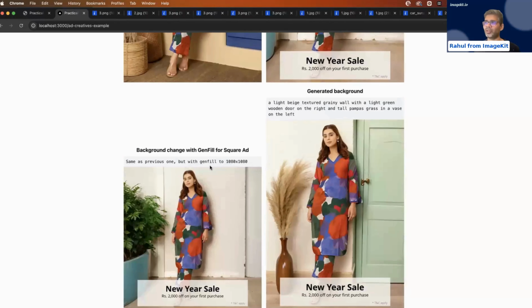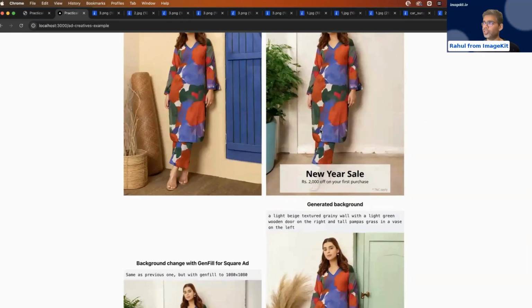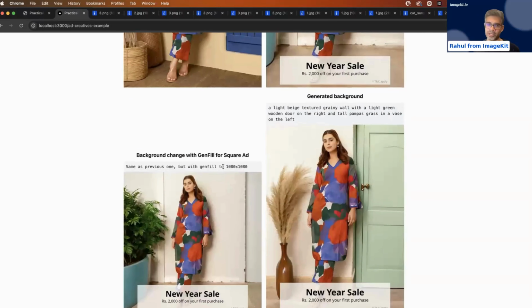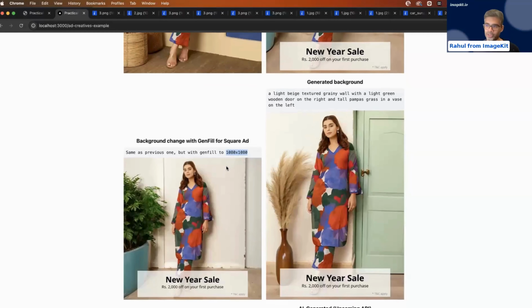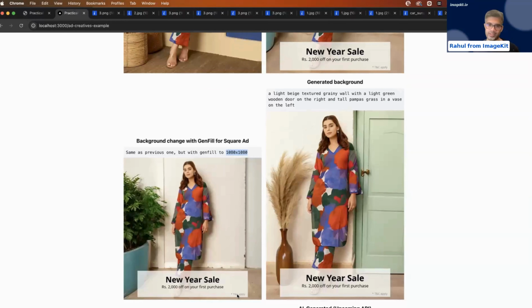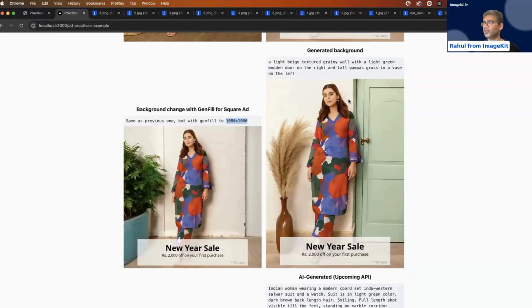I have tried some other variations as well. So the same previous background, but then I have used it with the gen fill transformation that we saw earlier to convert it to a 1080 by 1080 image. And then I'm using the layer transformations to apply this text at the bottom and the TNC apply text at the bottom. A slightly different variation with the generate background: a light beige textured grainy wall with a light green wooden door,